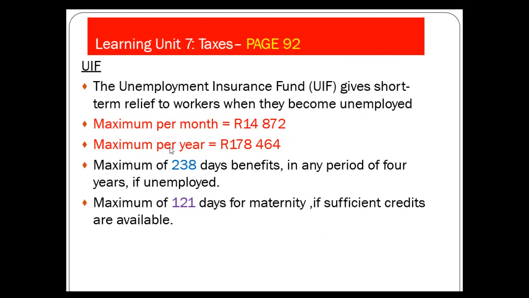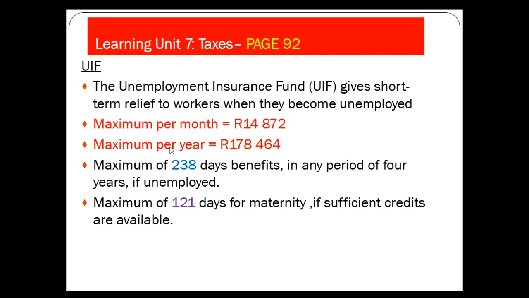It's unexpected. But just know that if you are earning 20,000, don't expect to be paid 20,000 at the end of the month. It will be way less than 20,000. So there are calculations which will be used to pay those workers. But currently, it means we are currently paying the UIF. Like if you are still going to be paid at the end of the month, they will deduct UIF from your salary. Just know that the maximum per month is